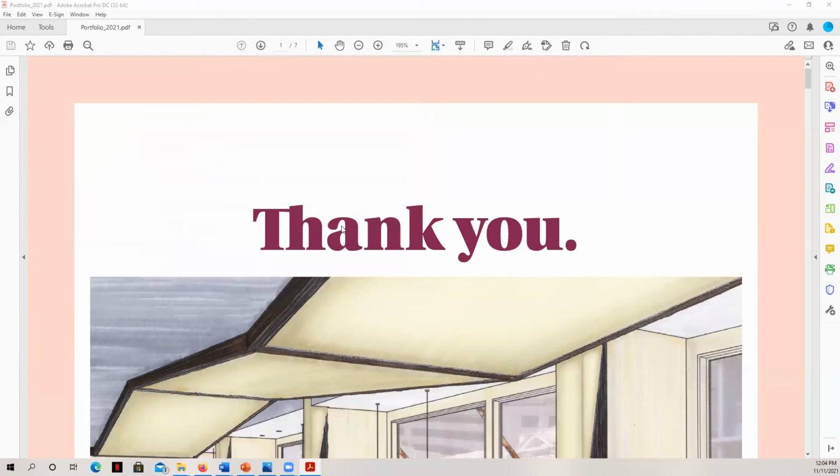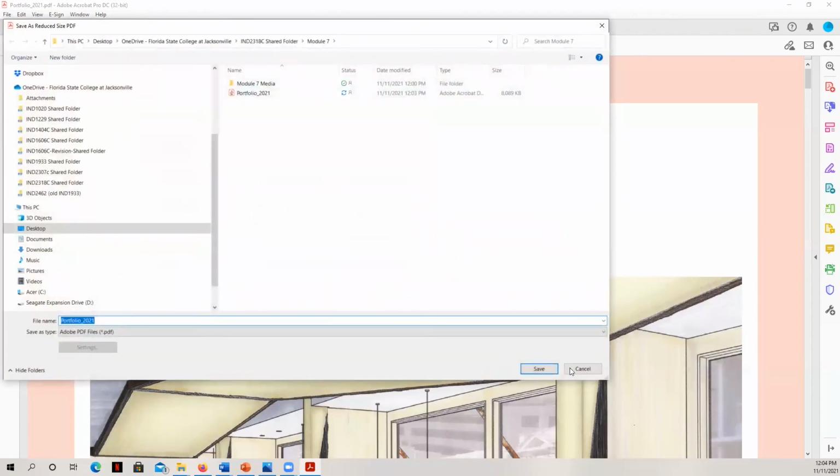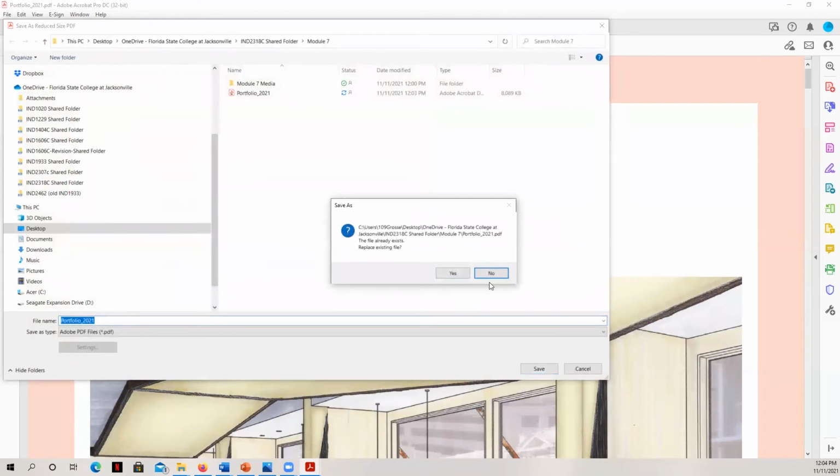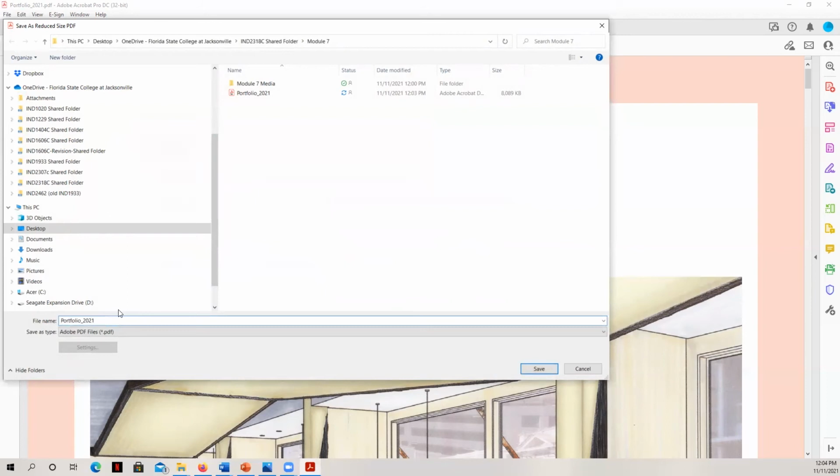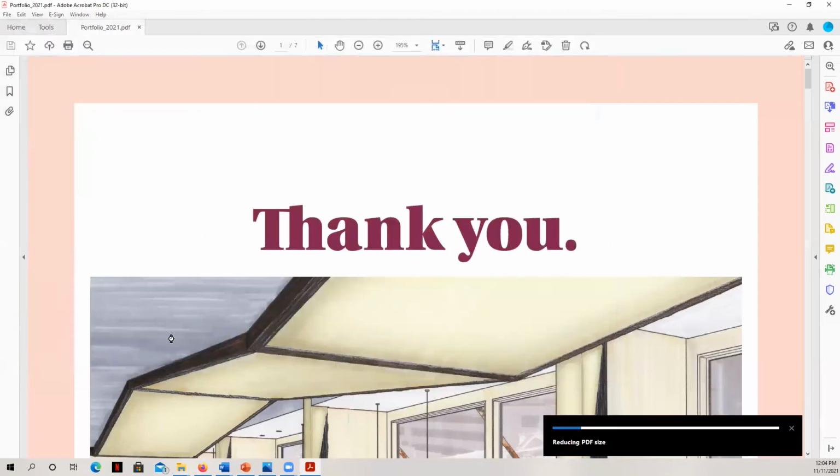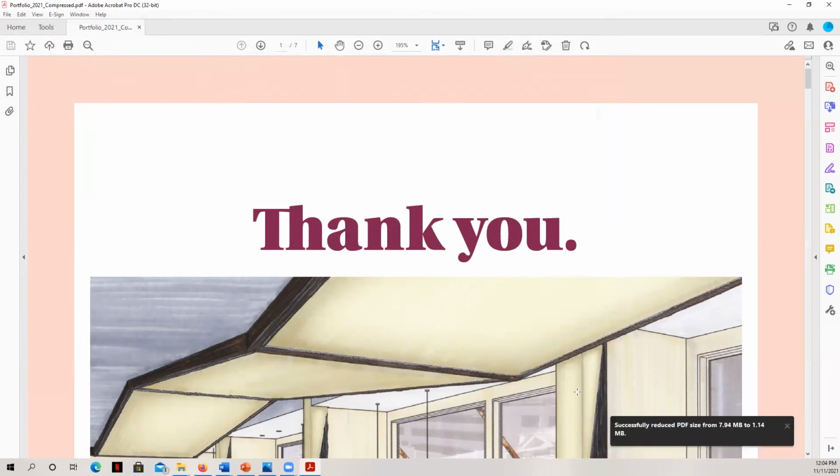And so we'll just put it there, and there it is. I'm going to hit no. I'm going to right click this, and I'm going to add compressed. You can see down here, it says it's reducing the PDF size. And so look, it went from almost 8 down to 1.